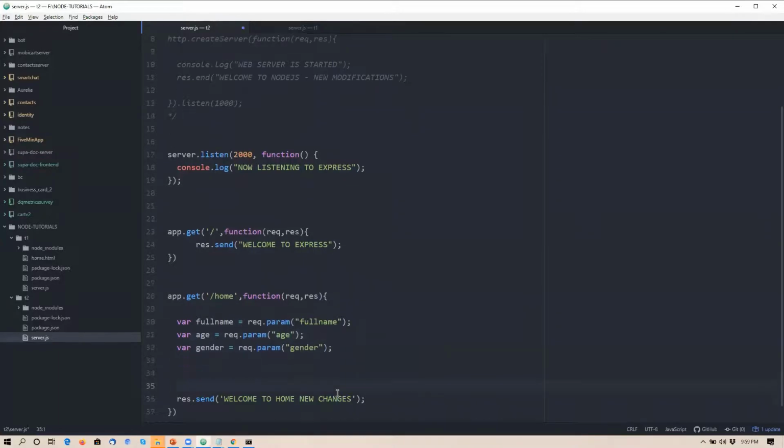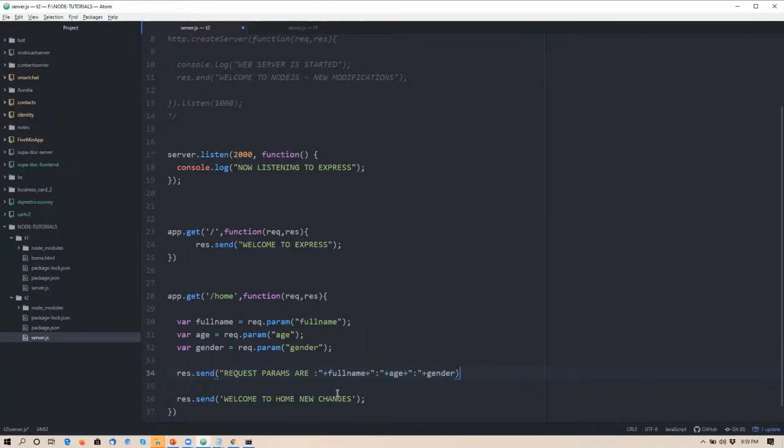And just like yesterday, how we concatenated multiple parameters in one go, I will concatenate res.send, request params are, and here the concatenation operator is always plus because it is JavaScript. You can say fullname, age,